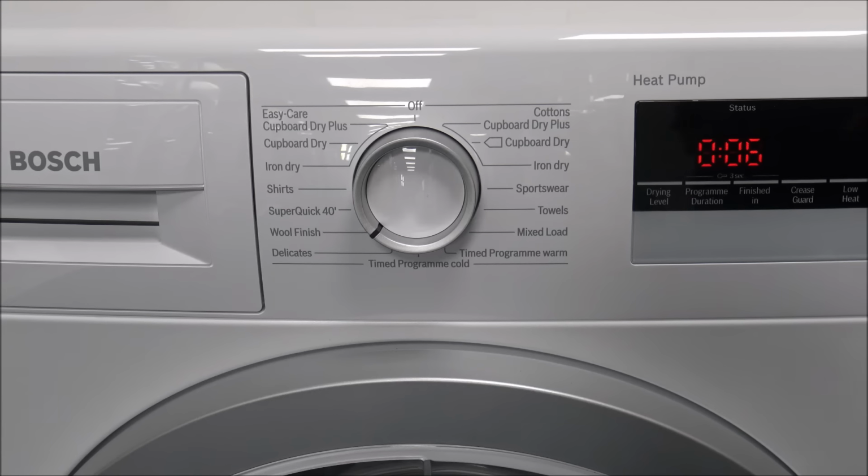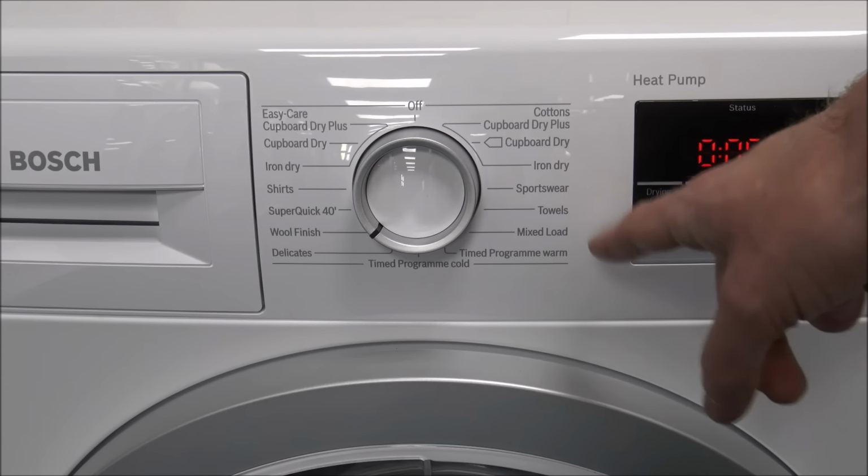On this particular dryer, this has something called Wool Finish, and as you can see it's a very quick program, and it's ideal if you just want to finish off some of your woolens, or even if they've been in the cupboard for a while, you just want to give them a quick freshen up. This is a very gentle program designed purely for woolens, so it's things like this that can make a difference to you. You've also got things like sportswear,